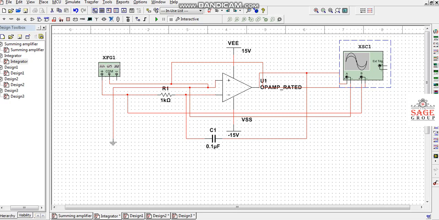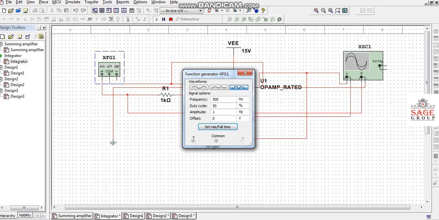Now first of all I have to simulate this circuit. The procedure for simulation is I have to just click this run button or F5. After clicking this button, this is faded and this red button is displayed.